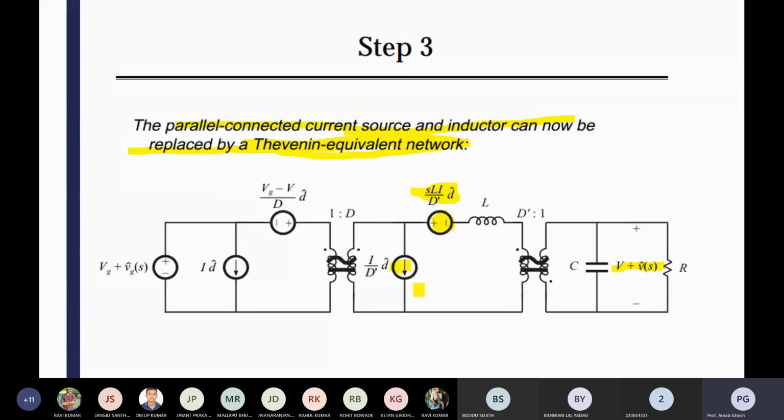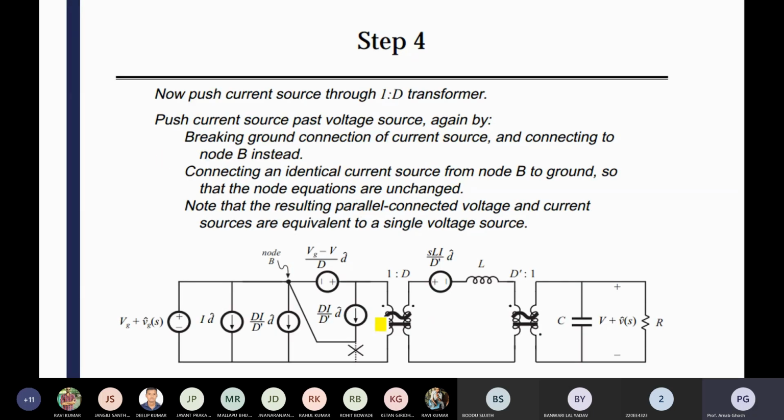Okay, so now again that source will be converted from this circuit, means from your middle circuit to your left hand side circuit. So as per the convention, only the independent source, the second current source that is there, will be transformed from your right side to left side as per the convention from step 1. Okay, now if you push them, again that current source will be multiplied. Voltage was divided by D, so in current it will be multiplied with D.